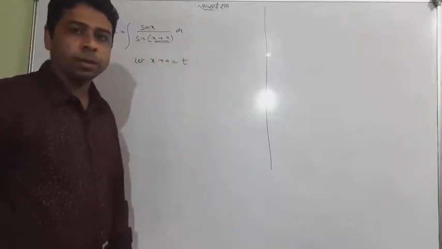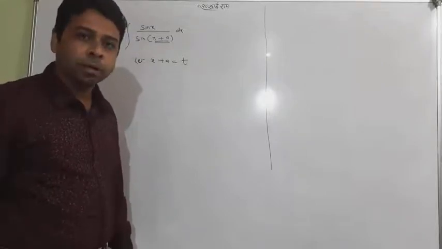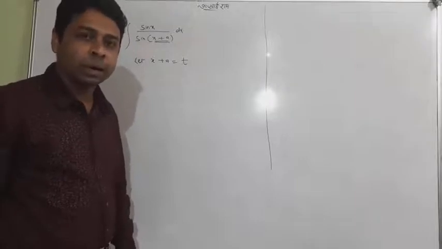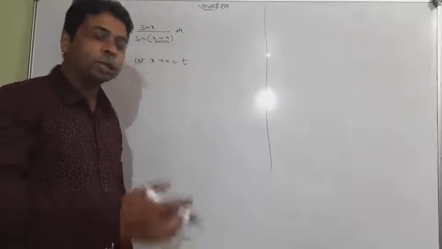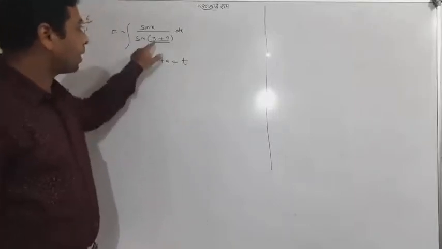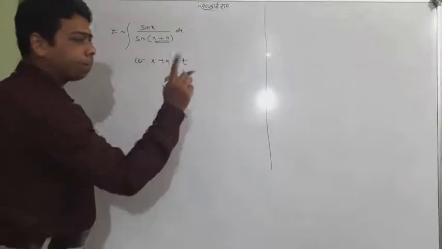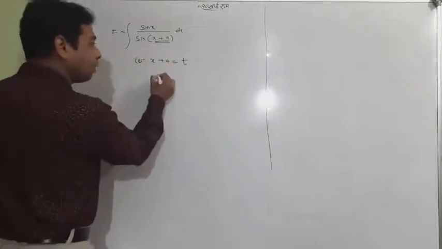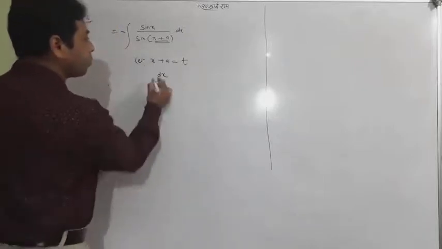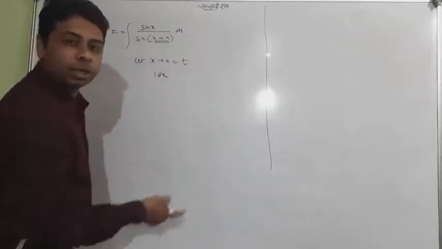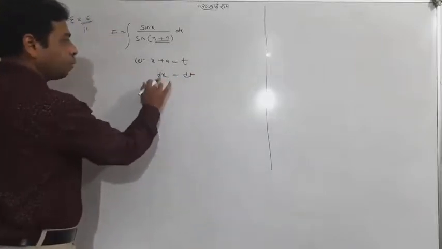Ignore the last one. Whenever you need to remember something, always keep a doubt, because you can't remember the thing for a long time. But this is a simple method. x plus a is equal to t. Now do the differentiation. Differentiation of x is 1 and of a is 0, so only 1 remains, and we write dx. So 1 dx equals dt. It means only dx equals dt.